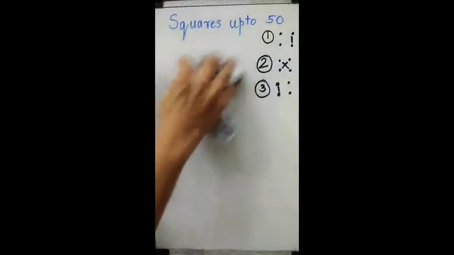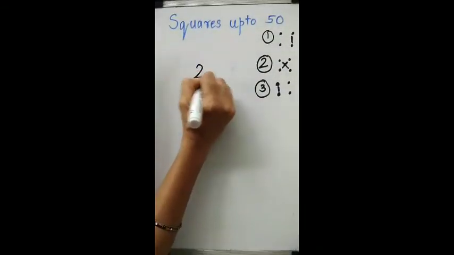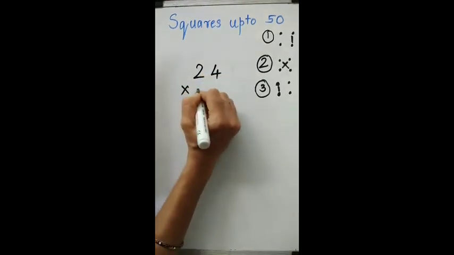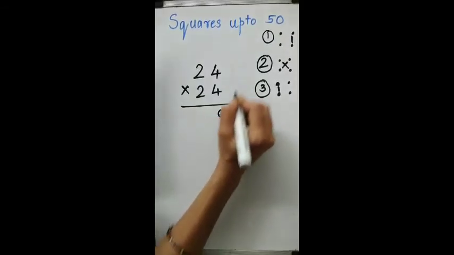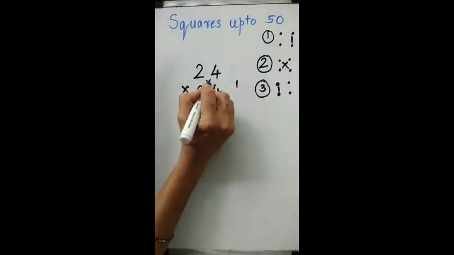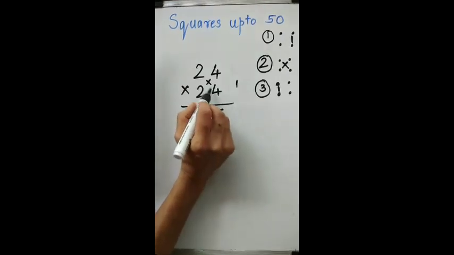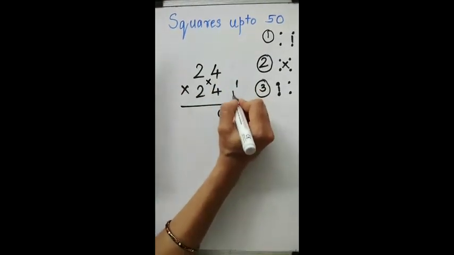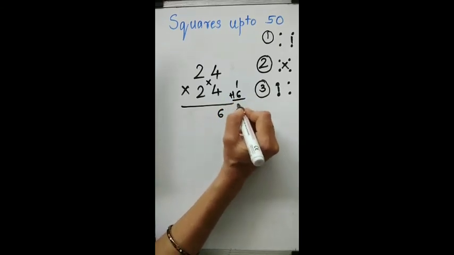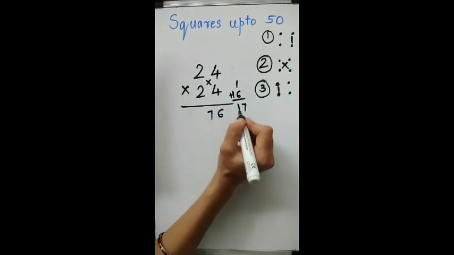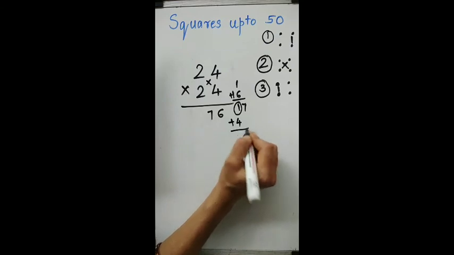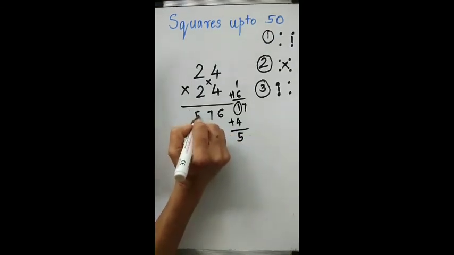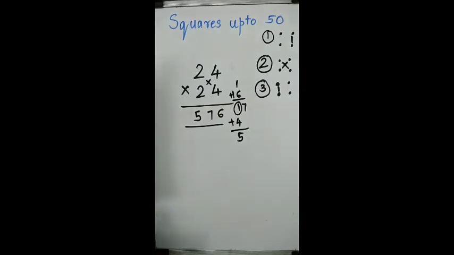Let's see one more example. Now, square of 24. So first I will multiply the units number. 4 fours are 16. So 16, 1 gets carried. Cross multiply. 4 twos are 8, 4 twos are 8. 8 and 8 is 16. It gets added over here, gives me 17. So 1 is carried. Now 2 twos are 4. Add it to this 1. That gives me 5. So it is 576.